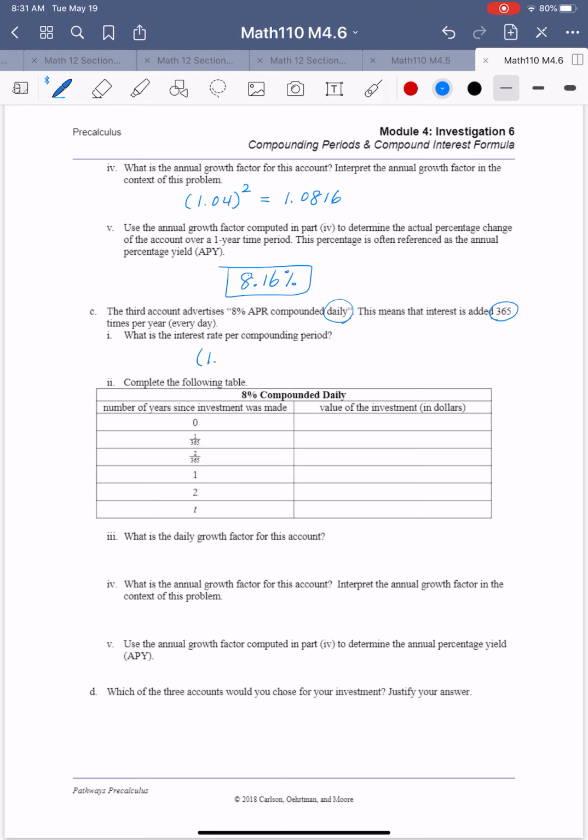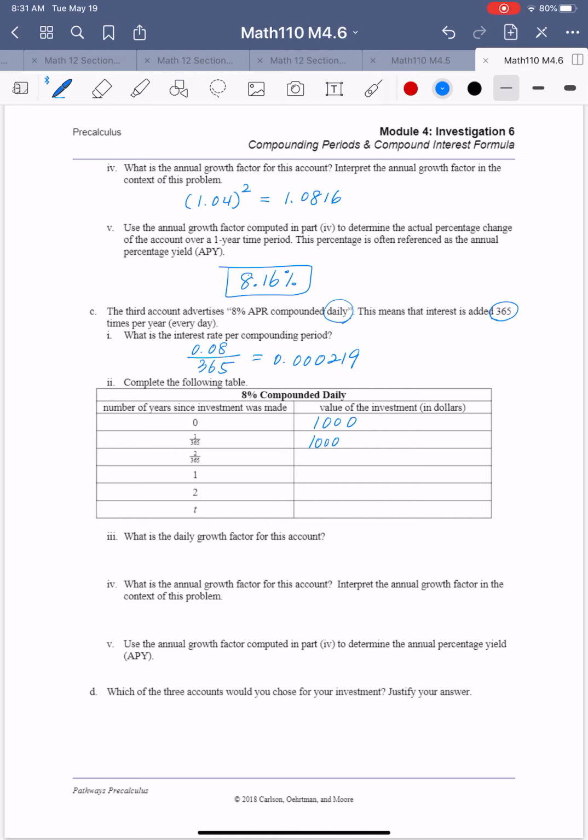Oh, yeah, I have to divide, sorry about that. So this time, the 8% for 365 days. Okay, so it's about 0.000219. So that's the daily interest rate. Okay, so year 0 is about 1,000, and then 1 day for the whole year, which is gonna be